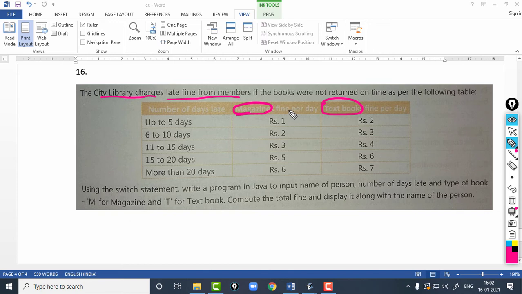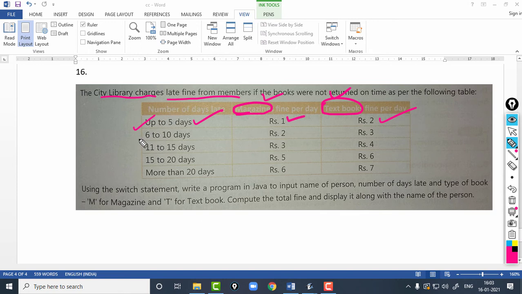So from this library one can borrow either a magazine kind of book or a textbook kind of book, and the fines have been defined like this: up to 5 days, if it's a magazine, the charge will be ₹1. And if it's a textbook and you are late up to 5 days, then the charge will be ₹2.